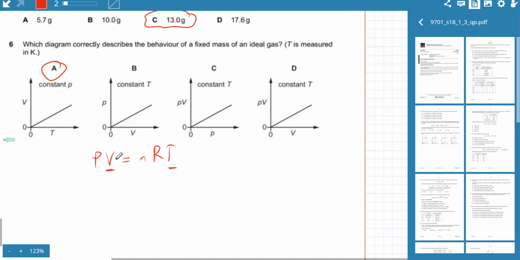Pressure and volume are inversely proportional. So that's incorrect. Inverse proportionality is like this. PV versus P is always a constant. Remember, PV versus P is a straight line, because if temperature is constant, and n and R are already constant because it's a fixed mass of gas, so the moles are constant, the temperature is also constant. So PV would always be a constant no matter what pressure.